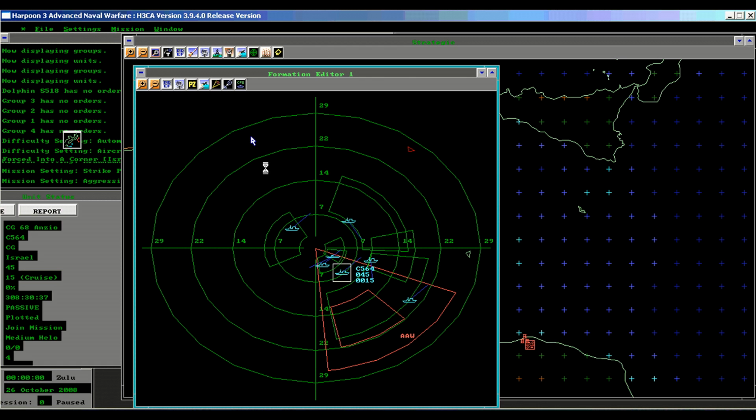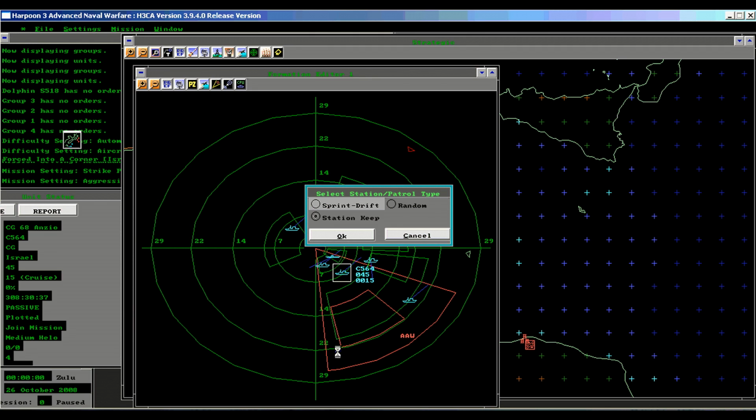Notice we reassigned the ANZIO simply by clicking on the patrol zone and drag selecting an area. We can see in between the different range rings. We can assign a station keeping order where she's always maintained near the center of her patrol zone. We can give her a sprint and drift